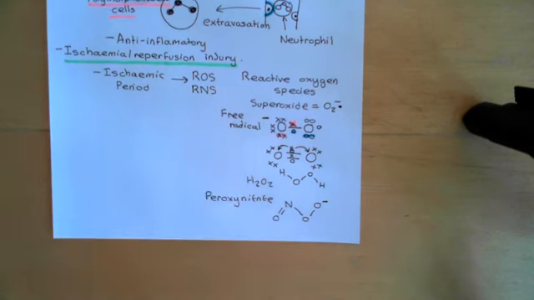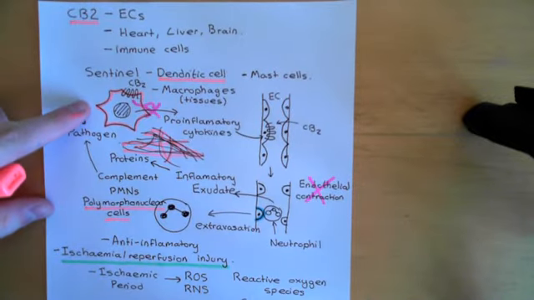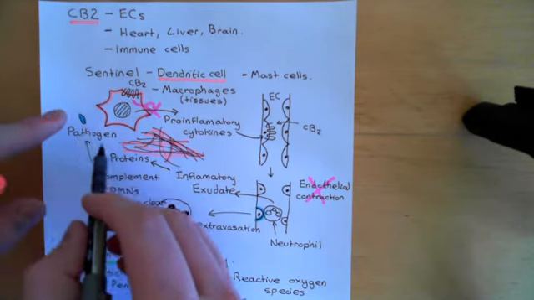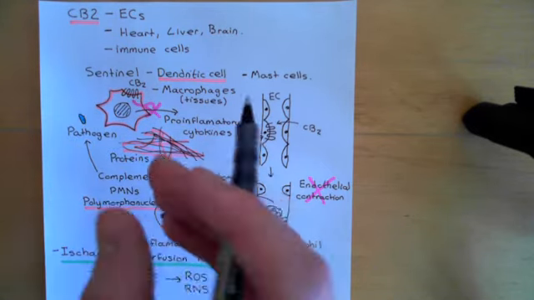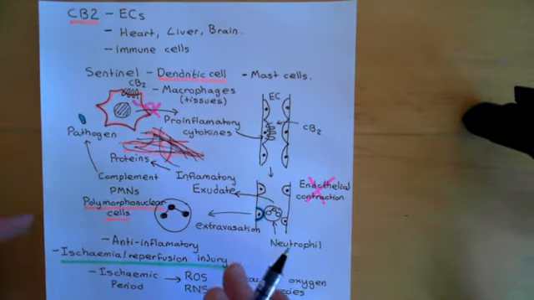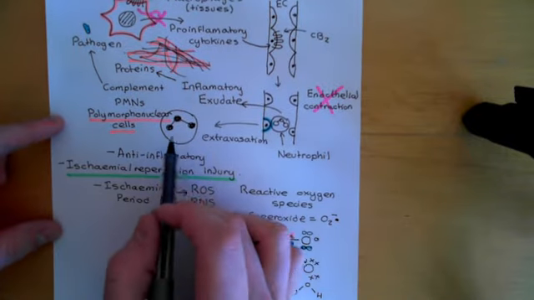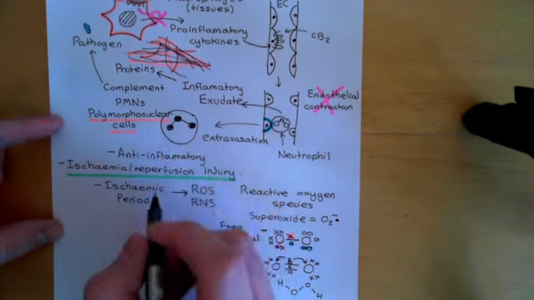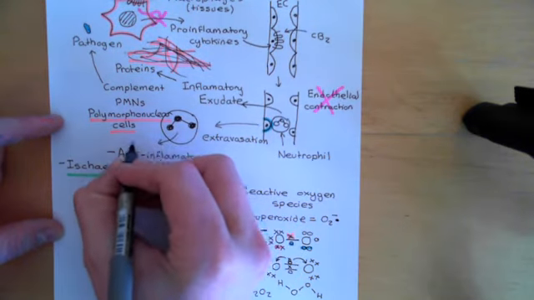Okay, these horrible molecules here, reactive oxygen species and reactive nitrogen species. In addition to this, what you start getting is an inflammatory response occurring as well. So this response that we've just talked through here starts to happen. The sentinel cells in this portion of tissue that has just been reperfused start releasing pro-inflammatory cytokines and start triggering the inflammatory response. This brings in polymorphonuclear cells, and polymorphonuclear cells start spitting out reactive oxygen species and reactive nitrogen